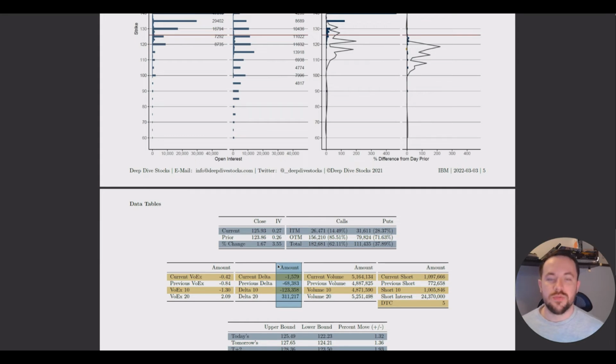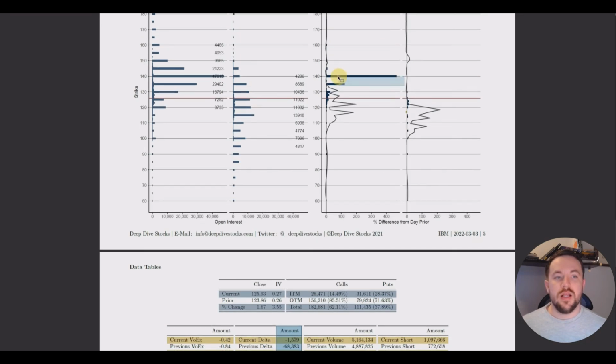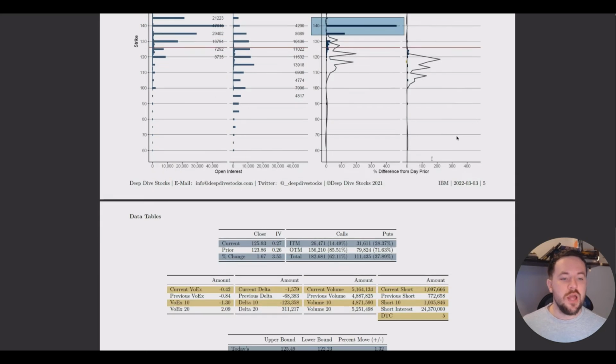So from Wednesday it was negative 68,000 to today it's negative 1,000. So this tells us that these calls that entered, the 400% calls, they brought a lot of long delta, positive delta. Well, what type of calls bring positive delta to the options dealer? Well, that's retail short calls. So that means probably the majority of those 400% calls at 140 were retail investors sold to the market. That indicates that there's probably a large portion of people that don't think the price is going to rise beyond 140. That's why they sold their calls there.